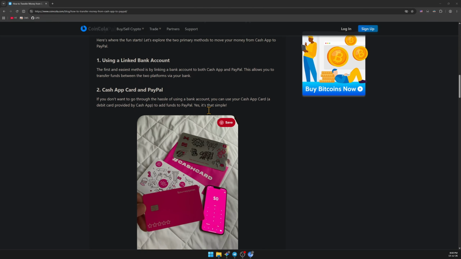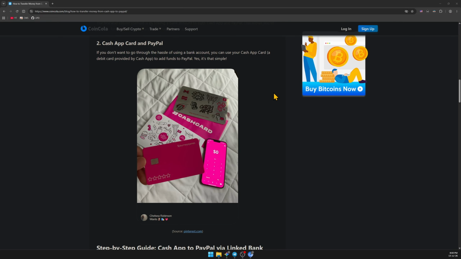Then you open your PayPal, tap directly into your wallet, and select Add Banks and Cards. From the Options menu, select Debit and Credit Cards and tap the option to input your card details manually. Then you just type in your Cash App card numbers exactly as they appeared in the other app and save